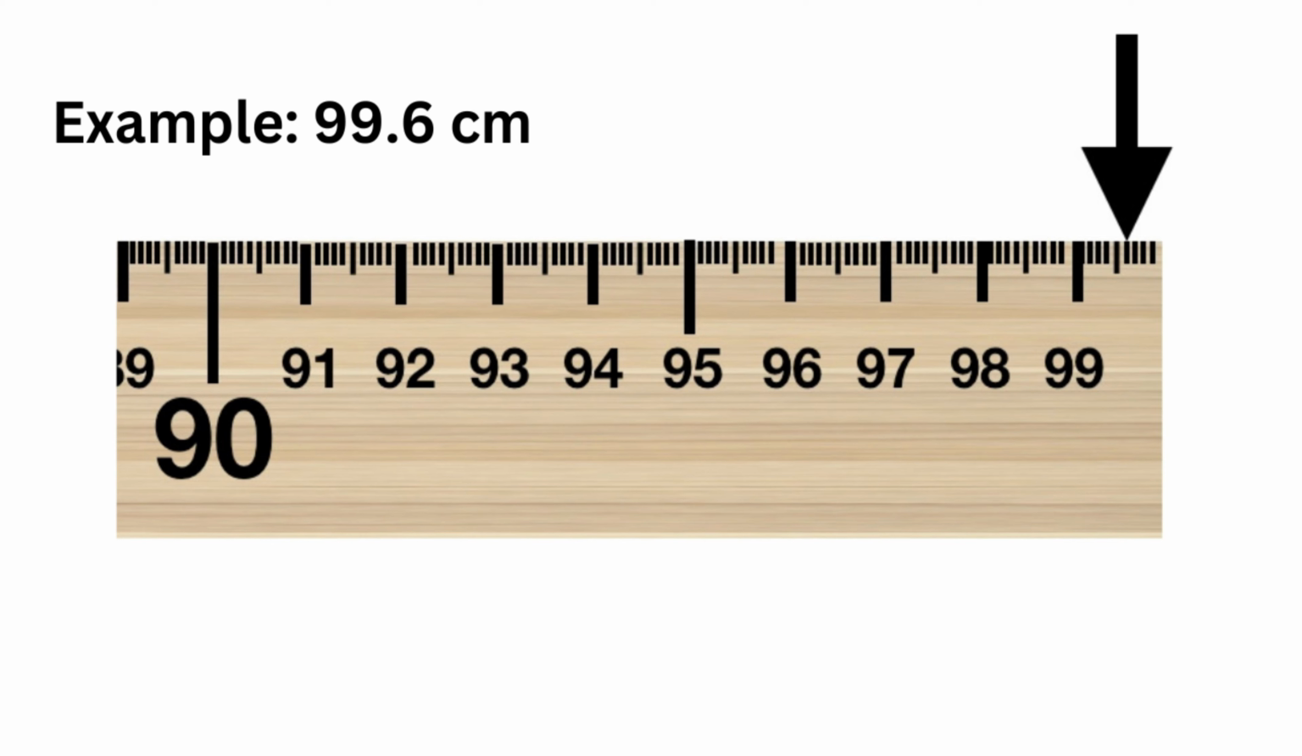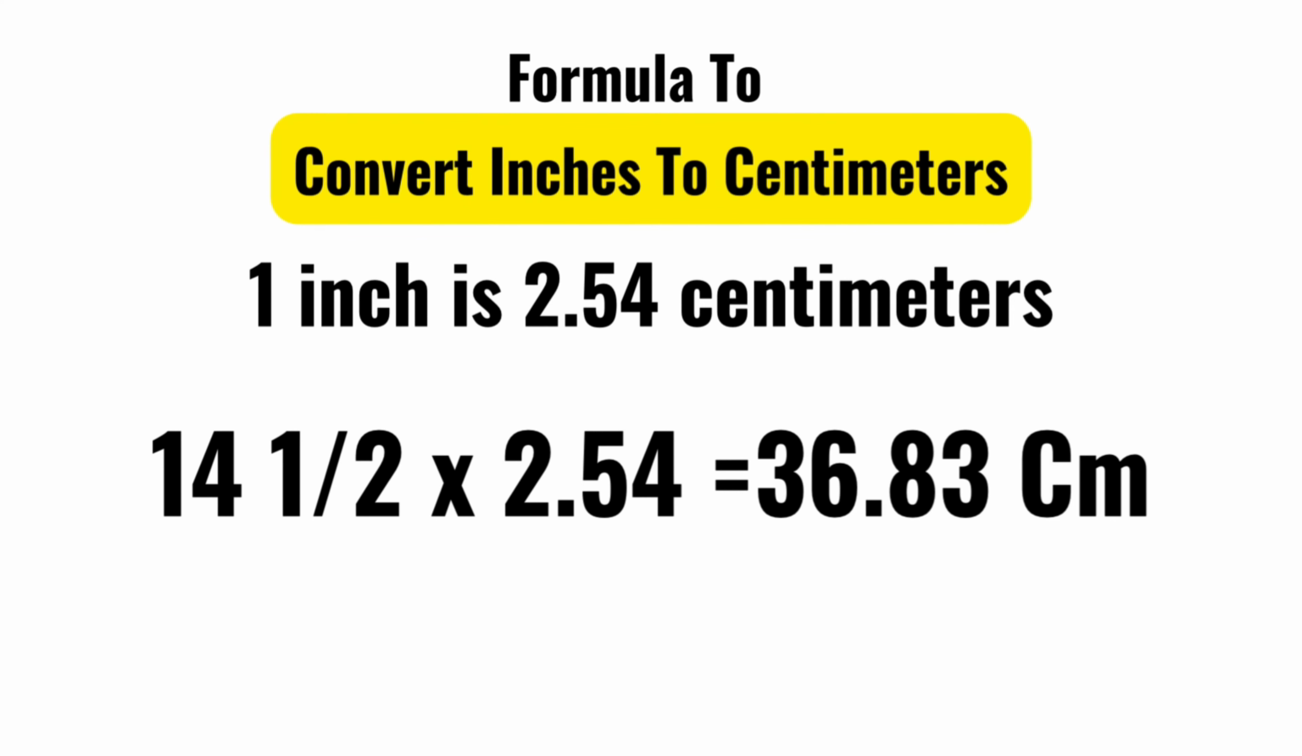This is 99.6 centimeters. So on the ruler, you got 99 centimeters. Then you count the little marks and stop at the 6th mark. That's 99.6 centimeters. If you are using your calculator and you want to know how to change inches to centimeters,